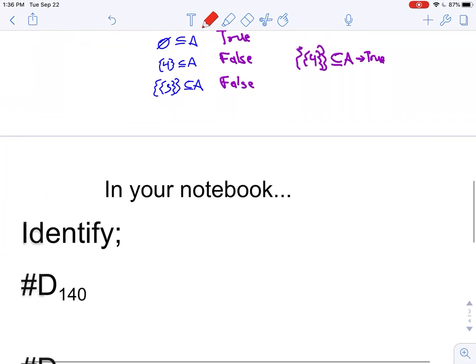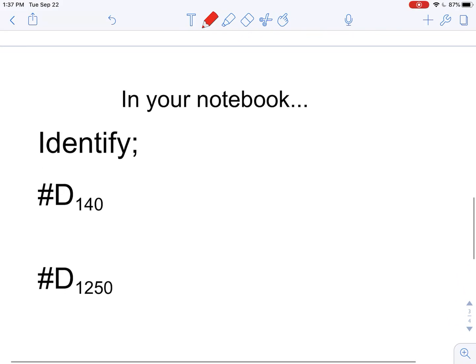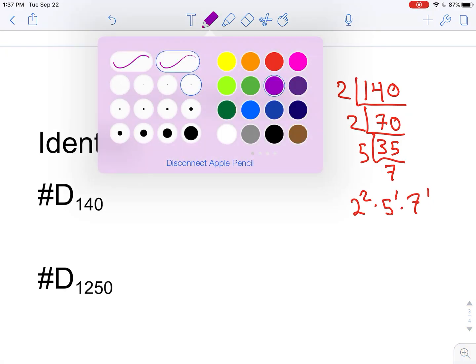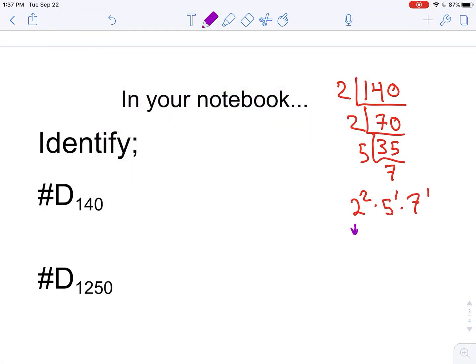Hope that helps. Now, finally, identify the number of divisors of 140. You should write this down somewhere. 140, you want to write this as a prime factorization. Of course, I like to use the chimneys, as I said yesterday, if you were part of my class yesterday, so that's 5 and 7. So this is going to be 2 squared times 5 to the first times 7 to the first. Don't really need to write that 1 in there, but I like to